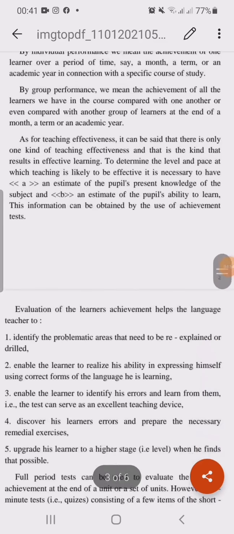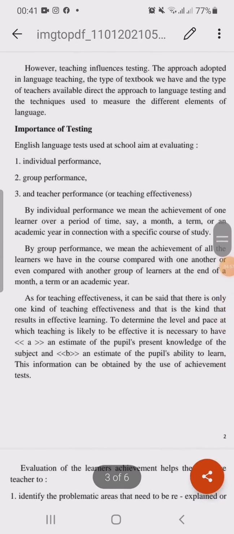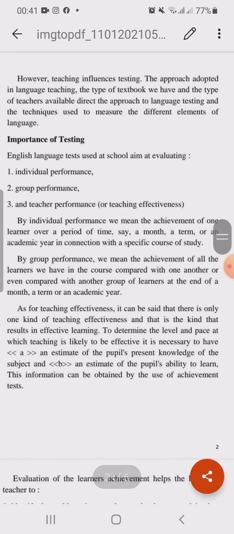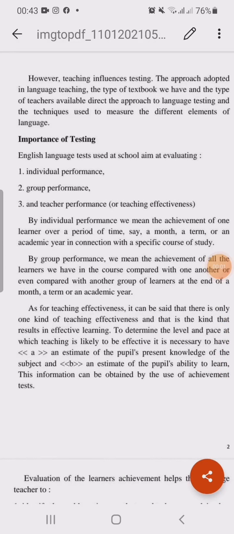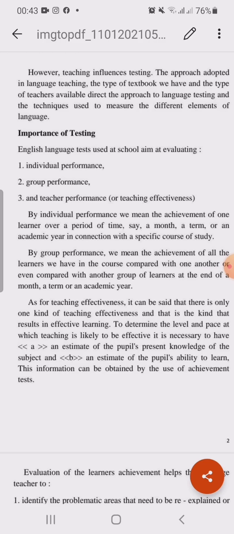Importance of testing. أهمية الاختبار. English language tests used at school aim at evaluating. يعني اختبارات اللغة الإنجليزية المستعملة في المدارس تهدف إلى number 1 تهدف إلى تقييم number 1 individual performance، يعني الأداء